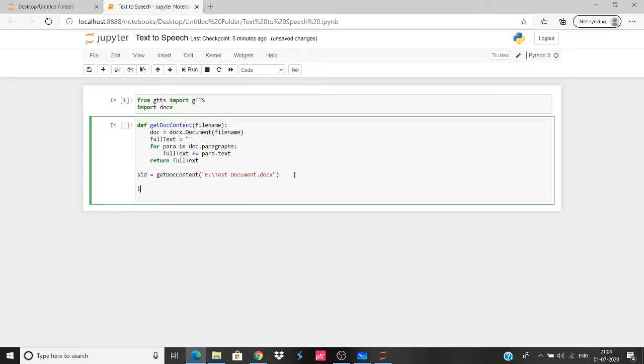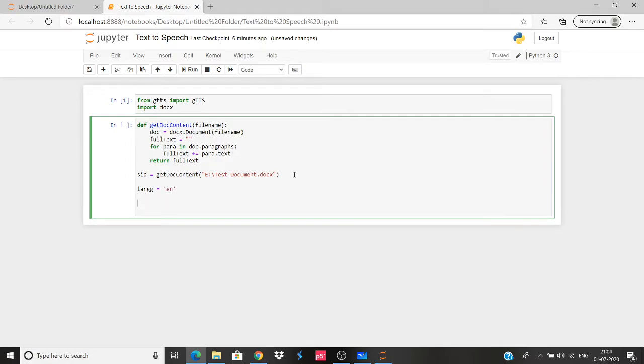So simple. Let's just use language. I just gave double G because we'll be using lang going forward. And language is definitely English, so we're reading the document in English, and this is something which can be found in the gTTS documentation again. For example, if you want to go for French, you can use FR. So it is similar. That is why it is very important, when you learn any package, that the first thing you do is read the whole documentation.